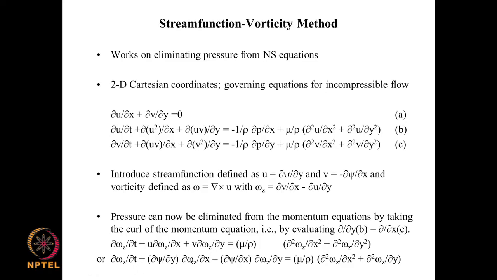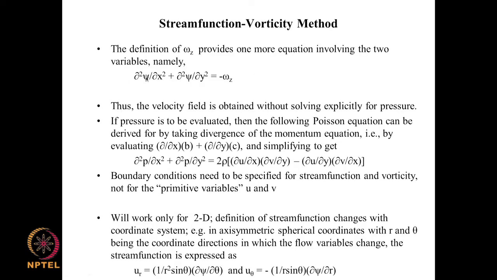Here is an equation, and this has omega z as a variable and psi is also a variable. So, we cannot have one equation and two variables. So, we construct another equation from the definition of this. So, we have omega z equal to ∂v/∂x minus ∂u/∂y, and we know that v is given by this and u is given by this. If you substitute this, you get ∂/∂x of minus ∂ψ/∂y, and you substitute this here, you get minus ∂/∂y of ∂ψ/∂y. So, substituting that, we can get a different equation, ∂²ψ/∂x² + ∂²ψ/∂y² equal to minus omega z.